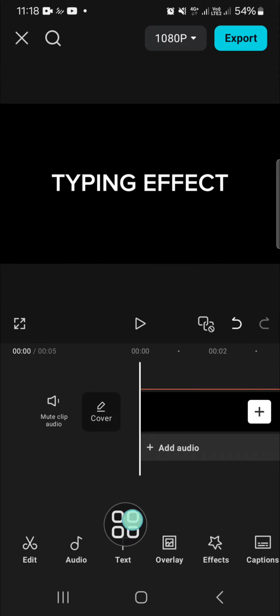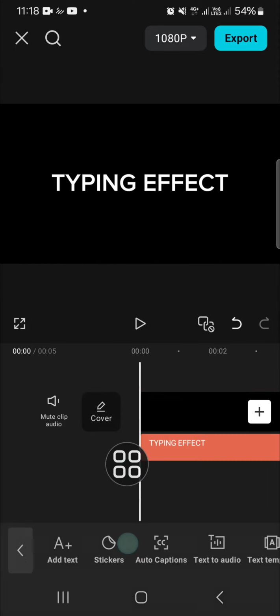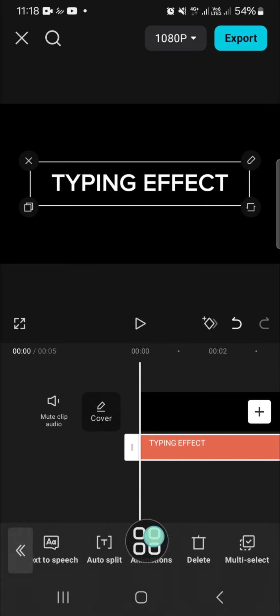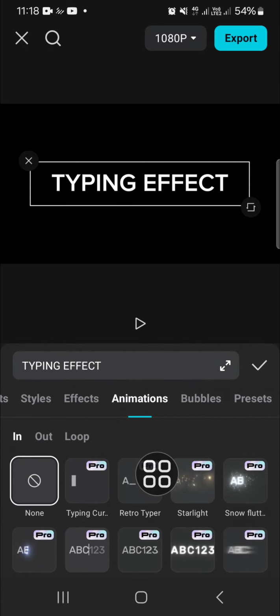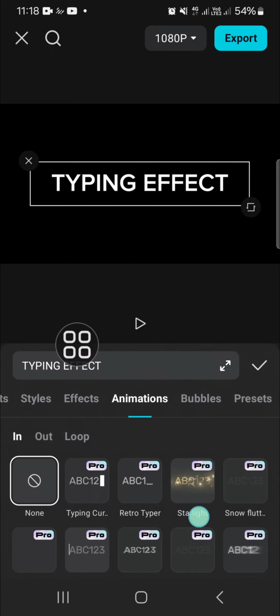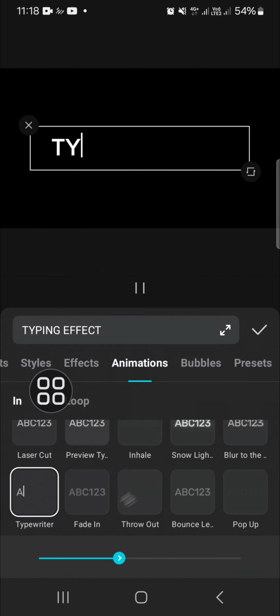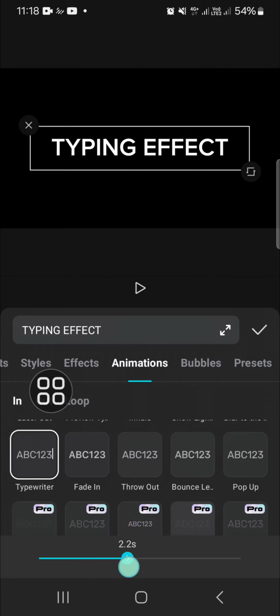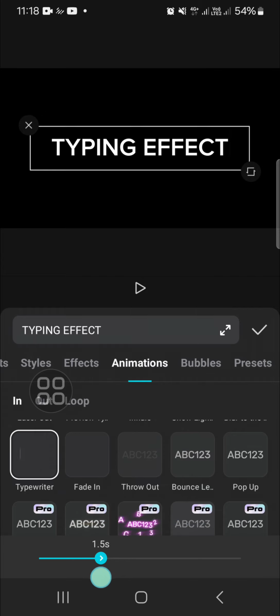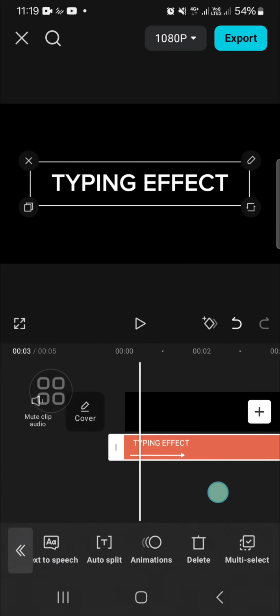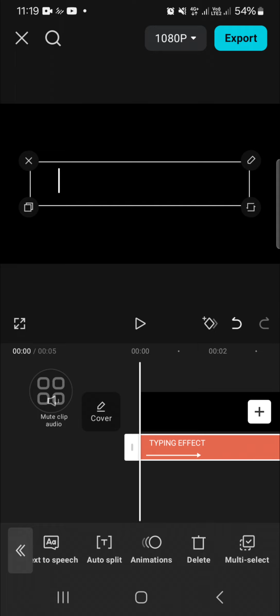First thing first, we need to animate our text. I'm going to click on the text and tap on the text, and we're going to add animation to this text. Go to the animations, and then you can go to the in animation and scroll down until you find the typewriter animation, this one. Then you can adjust the speed right here. I'm going to make it faster, so I'm just going to select around 1 second. Okay, and then we can click on the check mark, and we're going to add typing sound effect to our